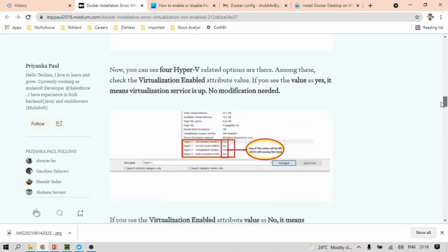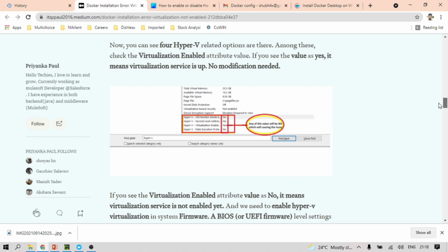You will get four Hyper-V entries there. You need to make sure all the information is marked as Yes: virtualization is enabled, monitoring is enabled, and data execution prevention is enabled. If all four features are enabled, then there is no issue with virtualization.